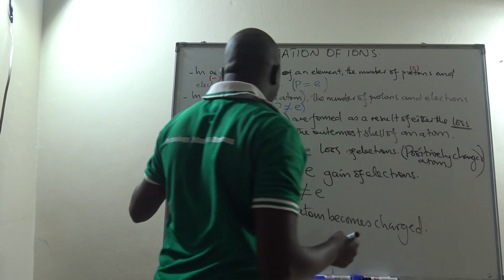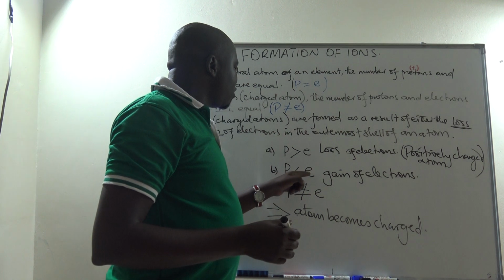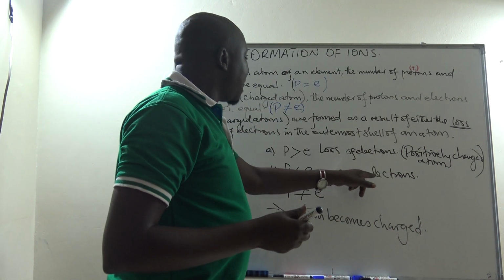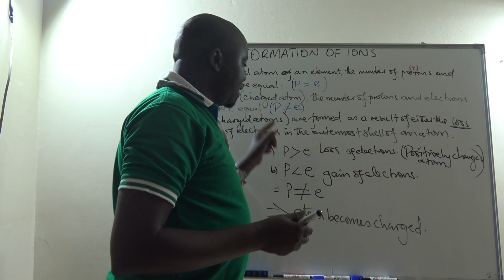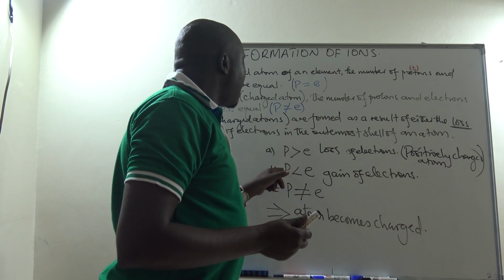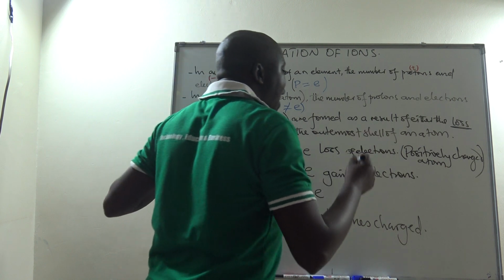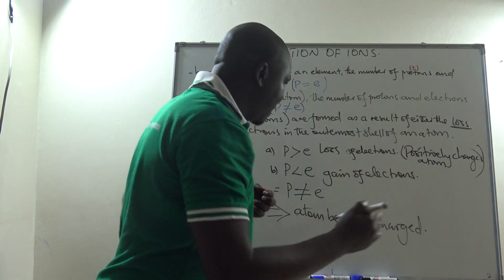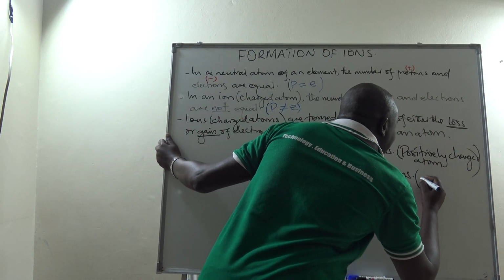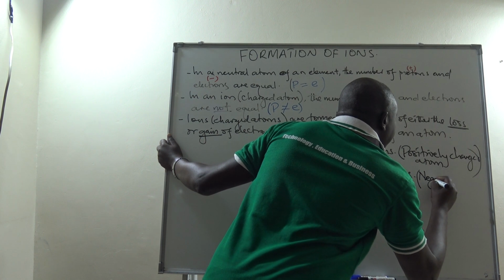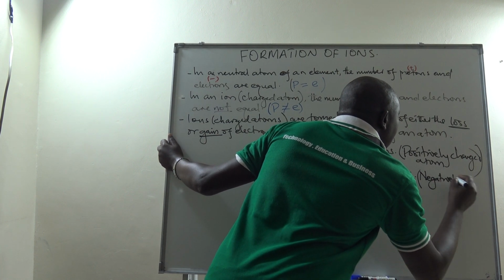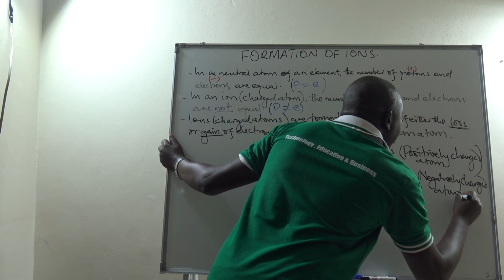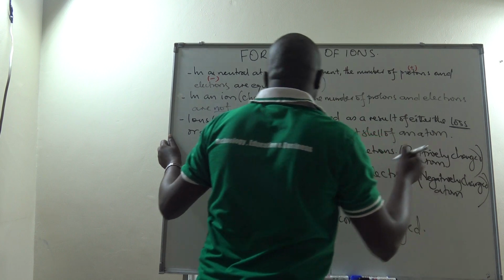But where we have protons being less than electrons, that means electrons were gained such that the number of electrons becomes more than the number of protons. Then there will be extra or excess electrons, or negative charges. So this atom will not be neutral but becomes what? Negatively charged. So we get a negatively charged atom, what we call an anion, and this is what we call a